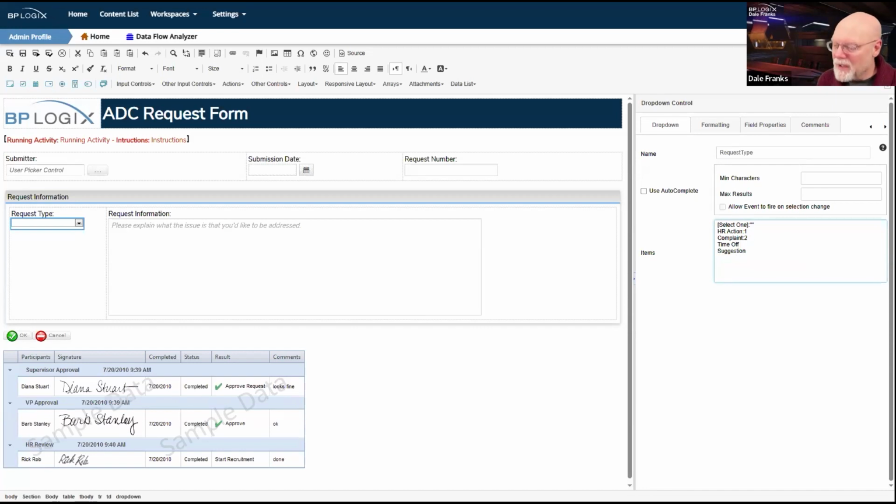I largely do it to show the fact that I can have separate values. I think in this case, while technically having a separate value and display text is common, I'm not sure I need it in this particular case because I've only got these 4 things. But I could certainly do this here, and I don't think it would be a problem.